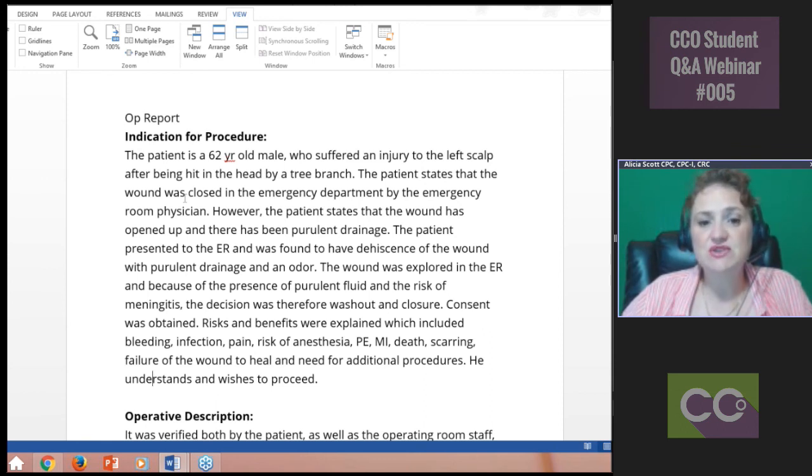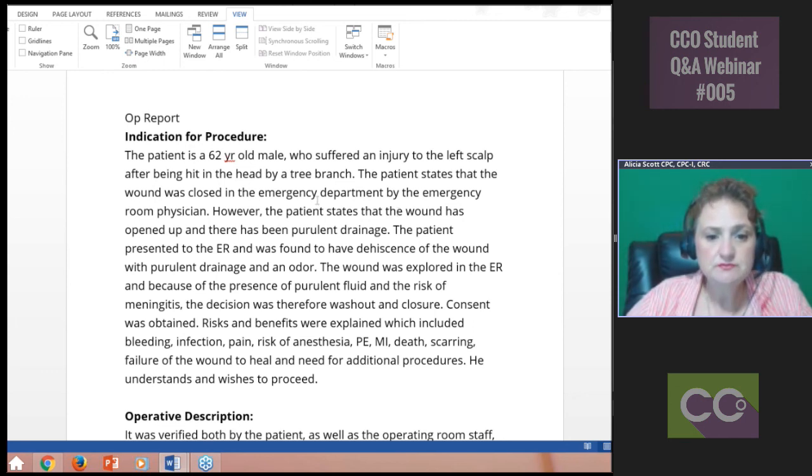Even if they had come in through the ER and they had done this in the ER, again, it would be coded differently. But right here, we noticed this statement: the patient states that the wound was closed in the emergency room department by the ER doc, okay? So it's been done. Here is where the problem starts, that the wound has opened up and has a